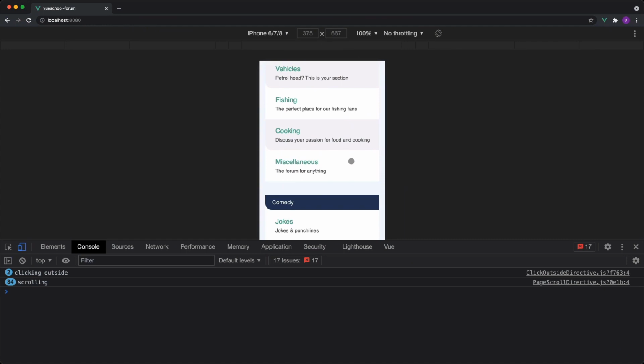We don't really need it to fire that often. A common solution to this issue is called debouncing. Debouncing a function means to limit it to only a single call within a specified time frame. So, we can debounce our page scroll function to only happen, say, maybe once every 200 milliseconds, instead of the 84 or so times we saw just now.